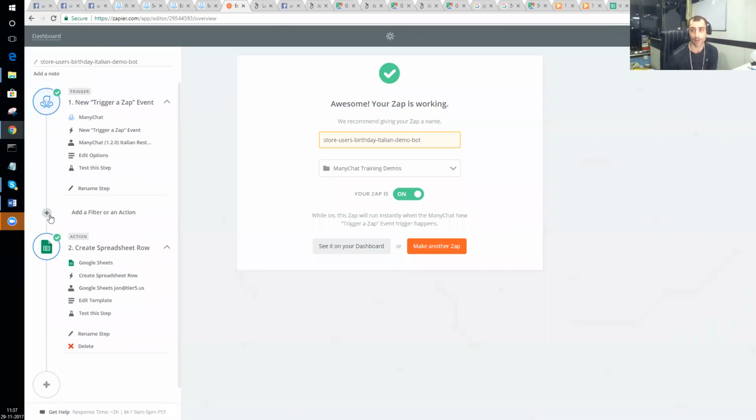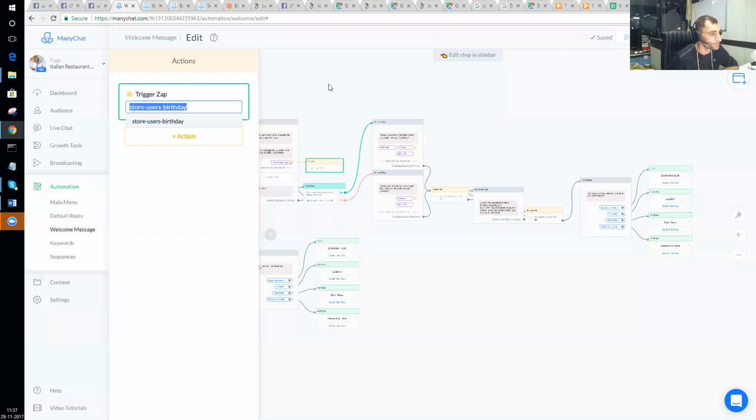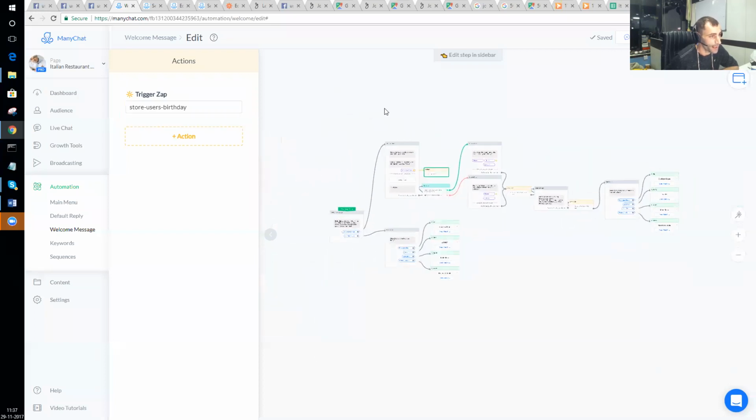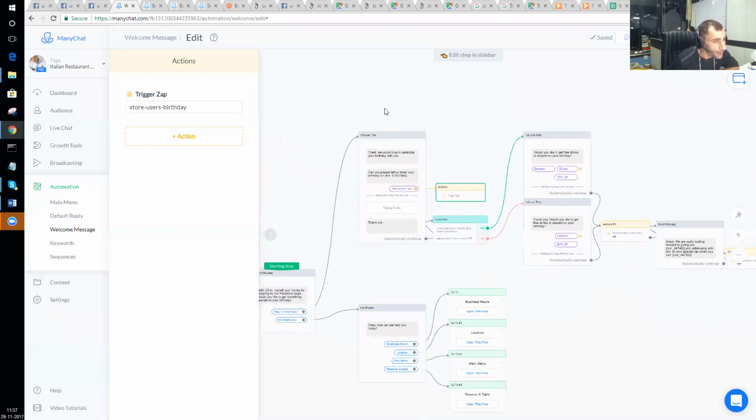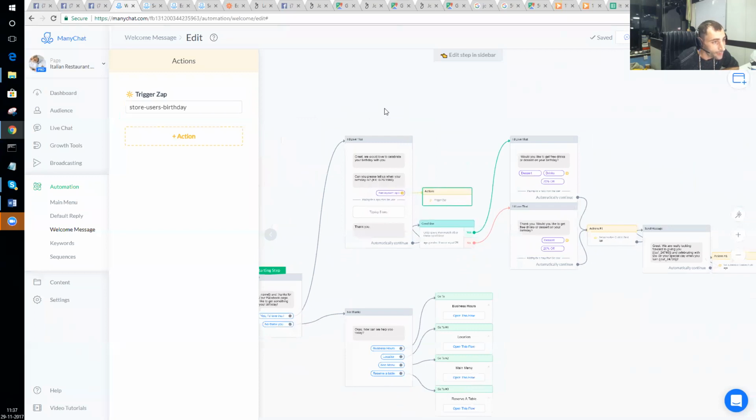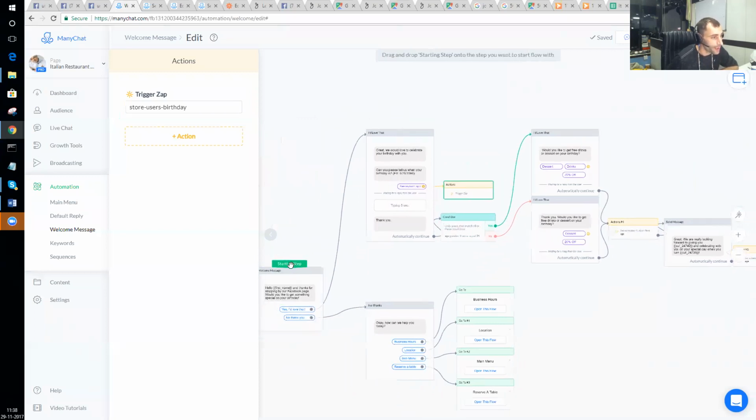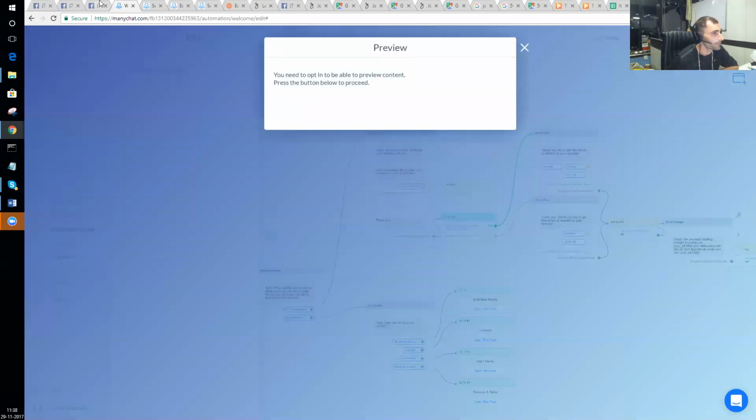We could inject a step here that would basically go in, do a lookup by your current ManyChat ID, see if I can find you in the Google Sheet. If I can, then go ahead and delete you out of there, right, and then start the process again. So we could go in and add that in if we wanted to. So what I'm going to do right now is grab this guy and take this starting step and just put him right there, just so that I can preview